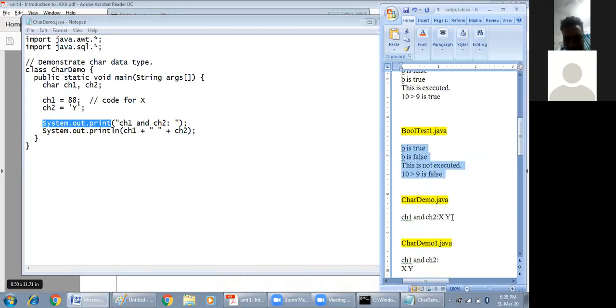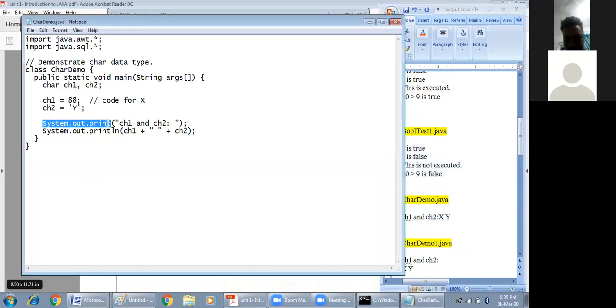This is the output we get, ch1 and ch2. This is the print statement, not println. What print causes is that after displaying the output, the cursor will be blinking on the same line. So ch1 and ch2 colon will be printed, and the next output will continue from this place itself.